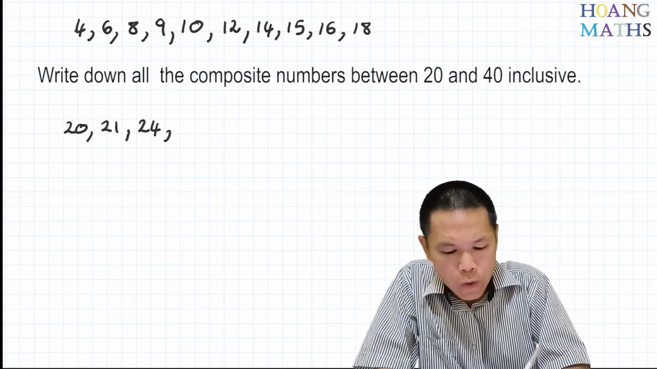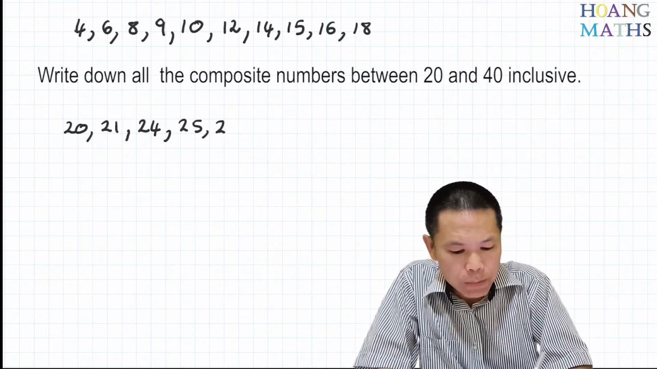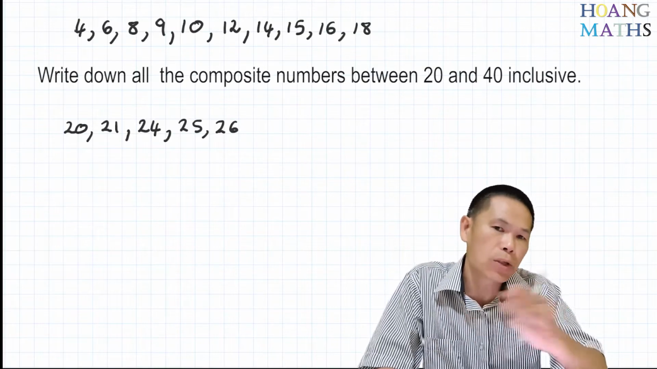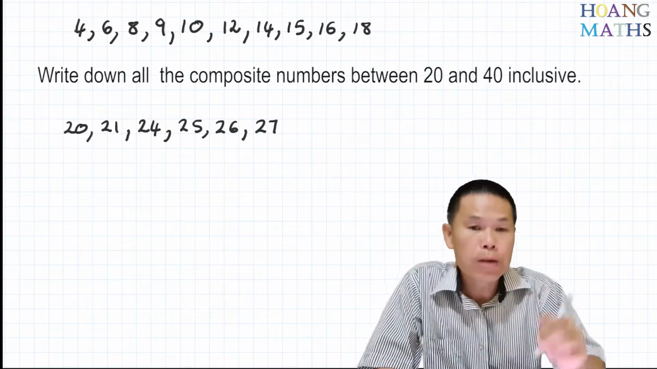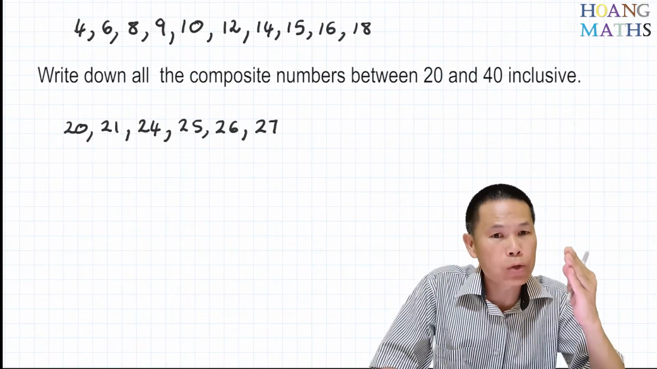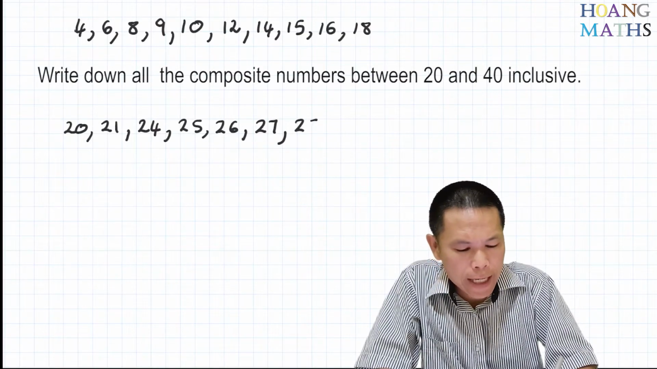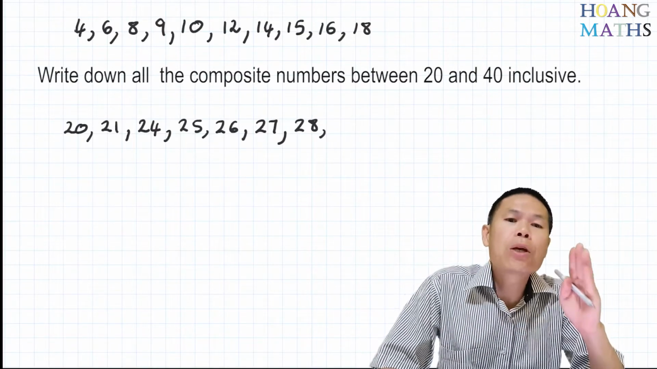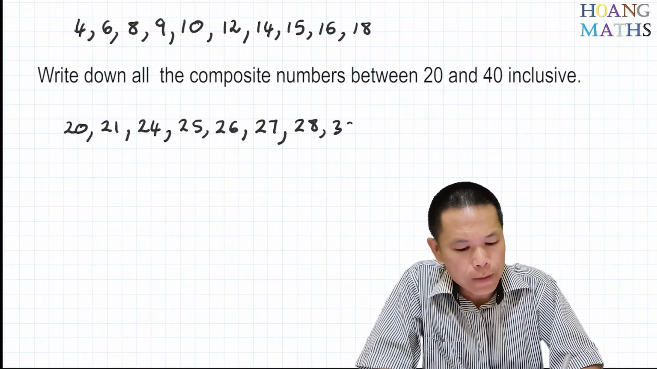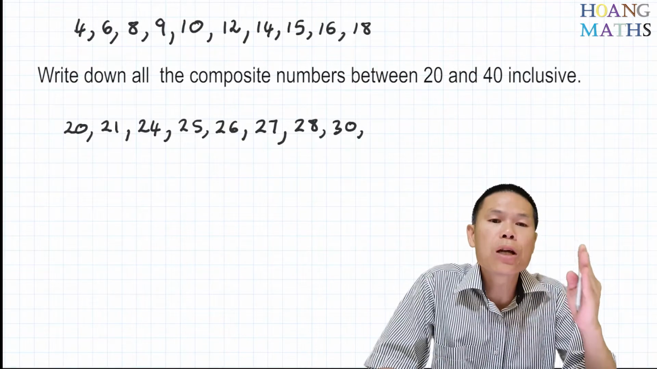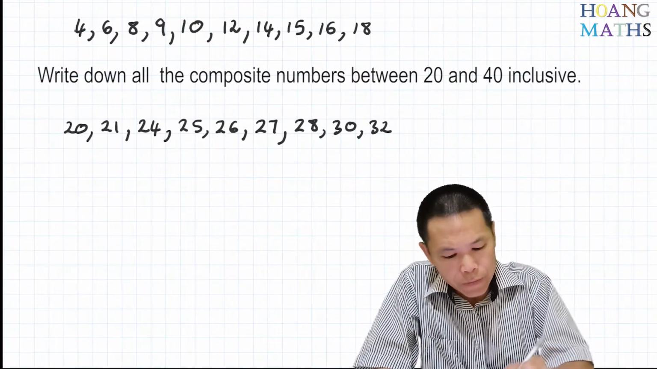And after 24 will be 25 and followed by 26, because 26 is an even number, so therefore it is divisible by 2, and followed by 27 because 27 is divisible by 3 or 9, and followed by 28 and not 29 because 29 is a prime number. So the next one is 30 and not 31 because 31 is a prime number, right? And then 32 followed by